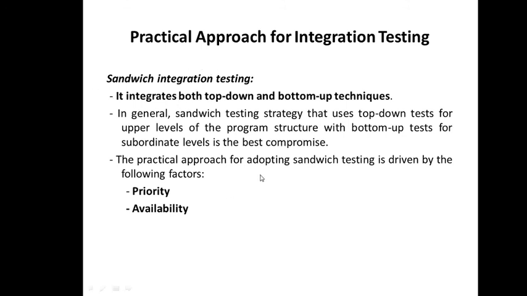So what is the important criterion? It totally depends upon the priority, which module to integrate first, whether to start top-down or bottom-up. It depends on whichever is most relevant and important, and the risk associated. So we prioritize them and accordingly start the testing, may it be top-down or bottom-up. It also depends upon availability. Whichever module is available first, from there you can start. So two factors are responsible for this.